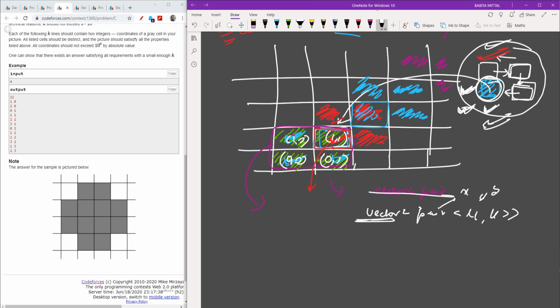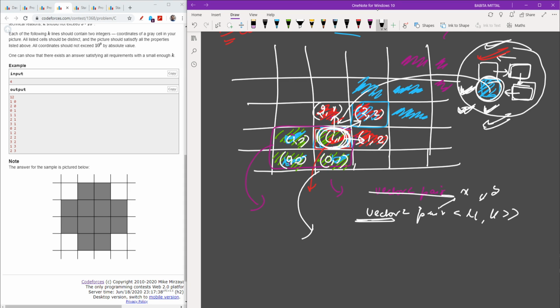Then I will extract this last coordinate, and I will just push back the upper one, the upper diagonal one, and the just right one, which means 2, 1, 2, 2, and 1, 2.